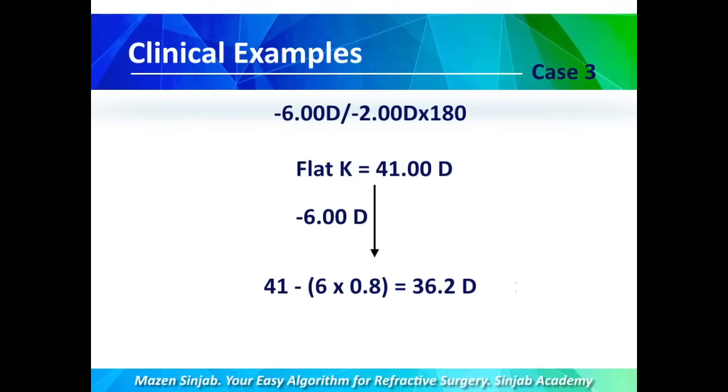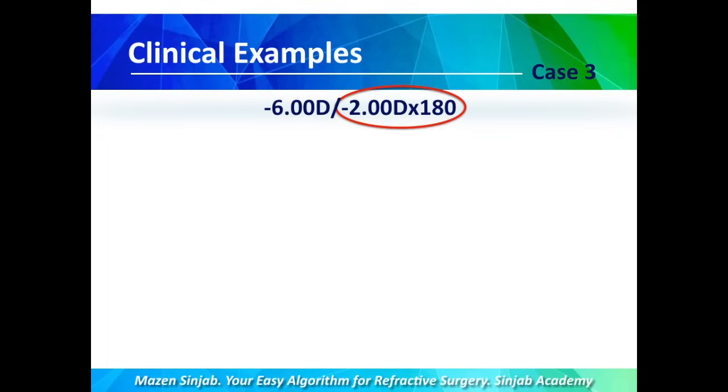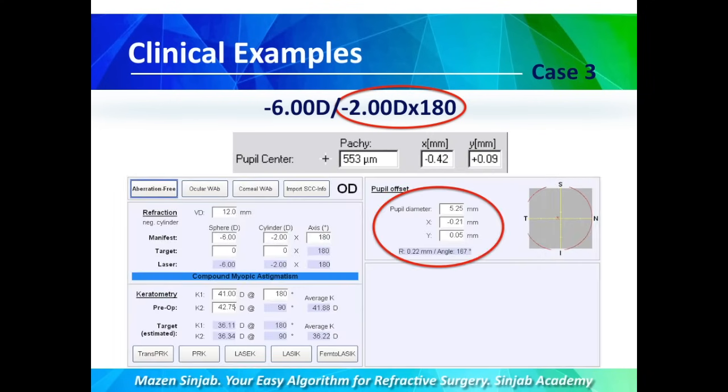To study the effect of this correction on the K readings, we assume that the flat K of this patient is 41 diopters. -6 diopters correction will reduce the flat K to 36.2 diopters, which is above 34 diopters. So it is accepted. But we have to pay attention to the -2 diopters of astigmatism in order to adjust